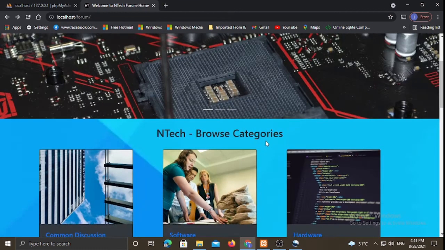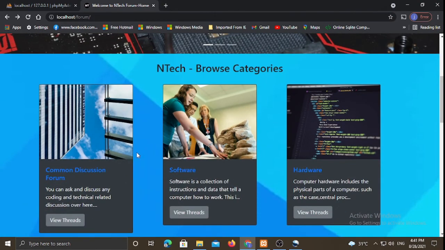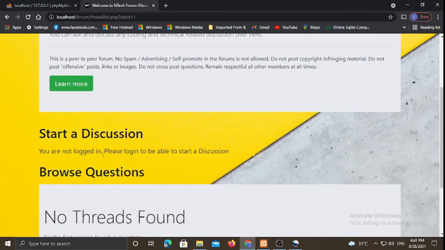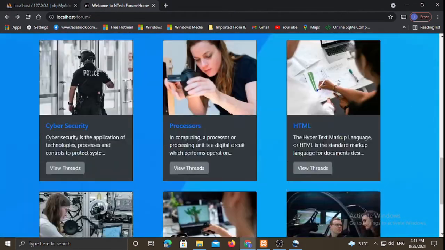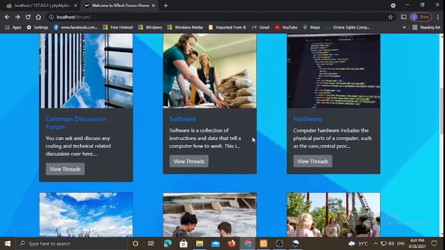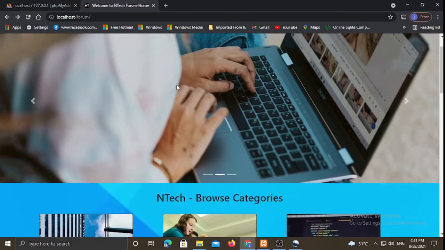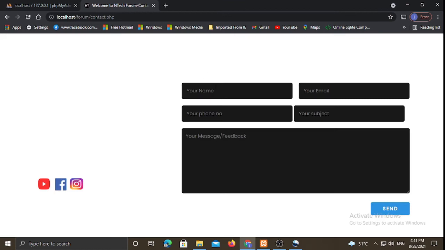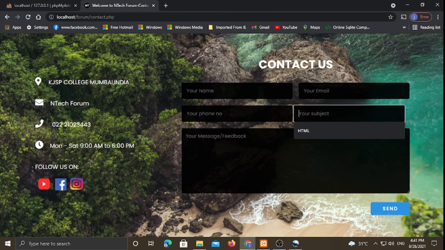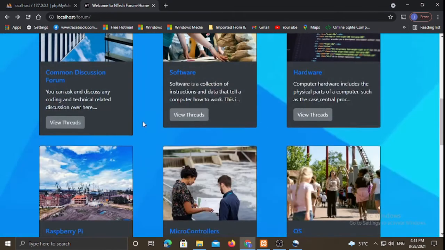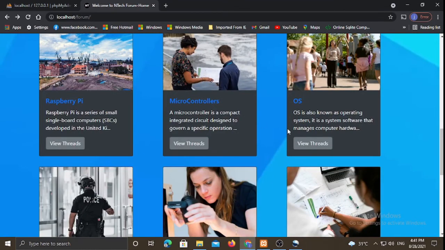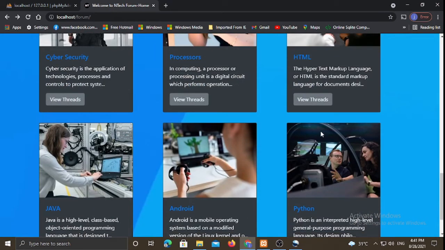Okay, so if the user wants to discuss commonly, we have the common discussion page. You can discuss here also, but if the user wants to add a page and is not satisfied with this common discussion page, the user can go to the contact us page. Here write all the details and the subject and send the inquiry. After sending the inquiry, the admin will add the topic to the cards. Okay.